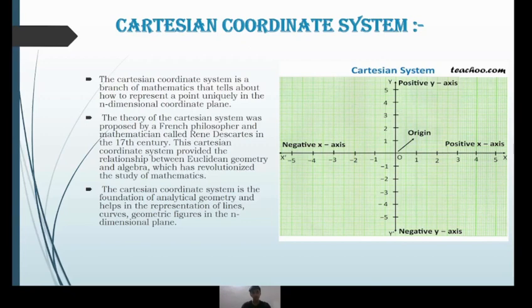of mathematics. The Cartesian coordinate system is a foundation of analytical geometry and helps in the representation of lines, curves, geometric figures in the n-dimensional plane. And the representation for the Cartesian system is represented as the origin, positive x-axis, positive y-axis, negative x-axis, negative y-axis, quadrant 1, quadrant 2, quadrant 3, quadrant